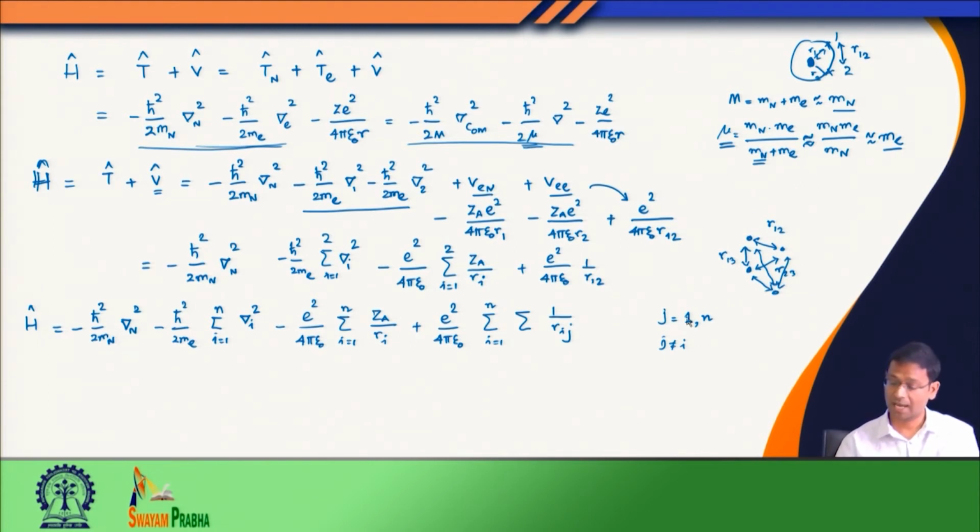So, one way is to write j goes from 1 to n, j is not equal to i, but then I am double counting. So, I must multiply this term with a half, or the other way is to write it for all values of j greater than i. If i is 1, in that case j will be 2, 3, 4, 5, and so on. Therefore, 1 2, 1 3, 1 4 kind of interactions are taken care of. When i is 2, j has to be greater than i, so it will not consider 2 1, rather it will consider 2 3, 2 4, 2 5. This way I wrote down this